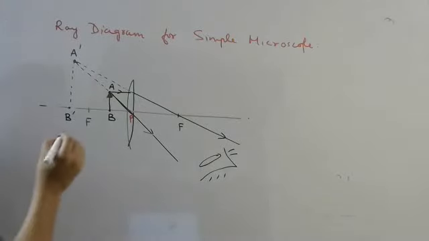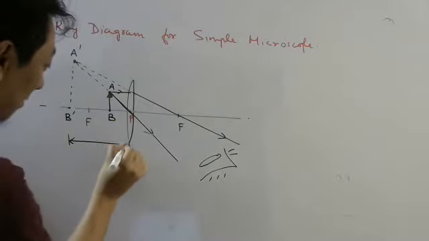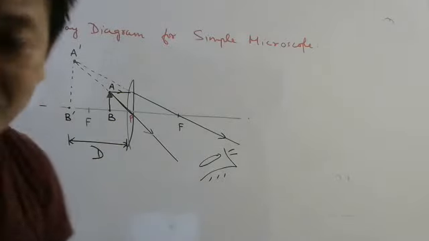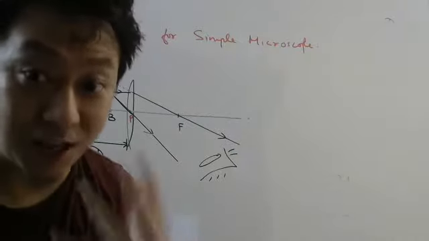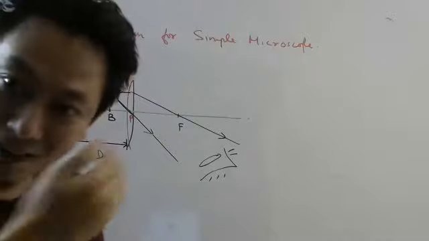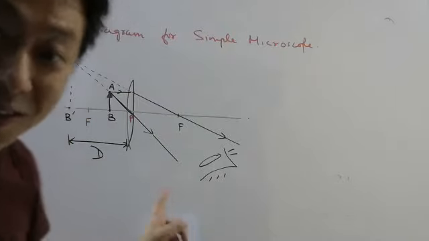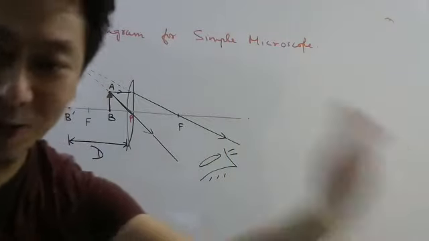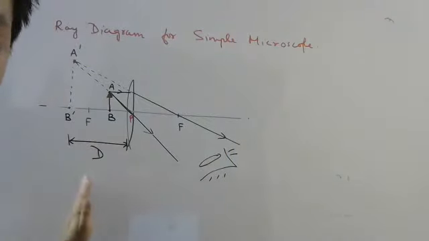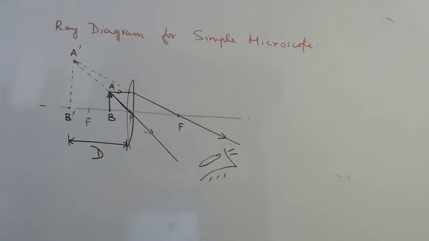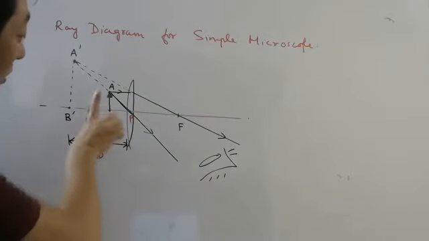And you should remember that your image should be formed at least at the distance of distinct vision. Why? In that case, your image will be sharp. Of course, your eyes will be under strain. Remember, your eyes will be under strain in this case because the image is not very far. It is quite near only. It is at D distance. So at least practice this once, all of you. Okay. So quite simple to draw.